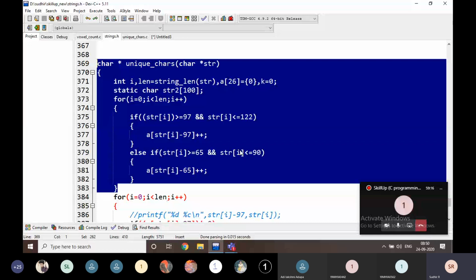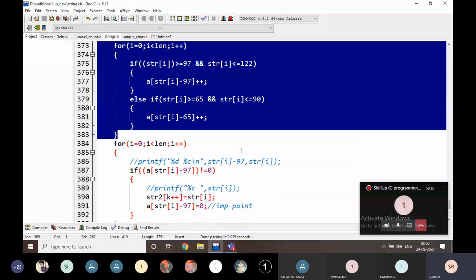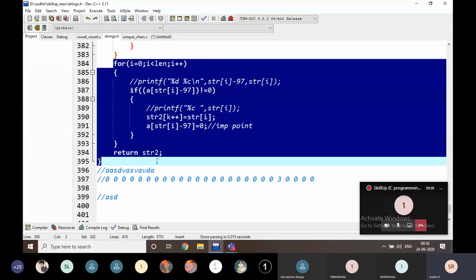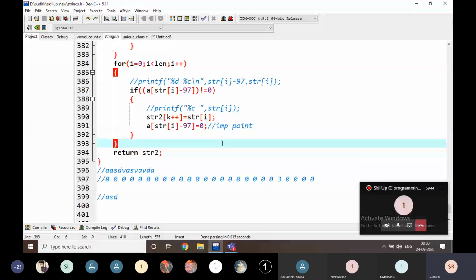Is it finished, everyone? Sir. Yes. Then note down the main logic. This is the main logic. Just note it down with the comments also.